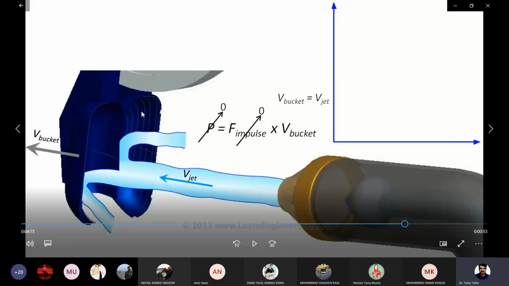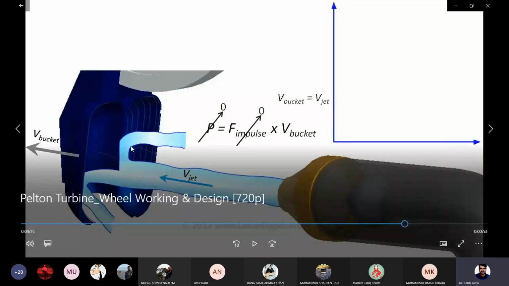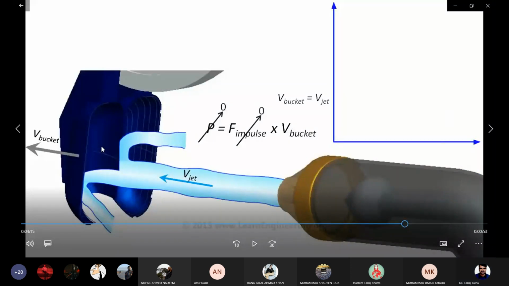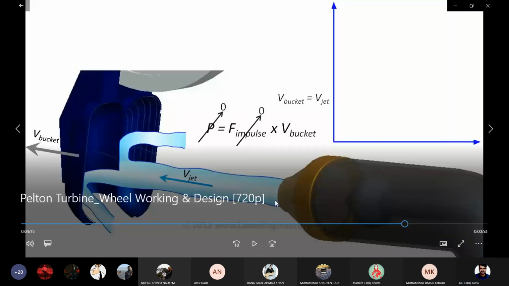And the second case is when it is rotating at a tangential velocity, u equal to r omega, that is the same as the jet velocity. Even then, the flow is not going to strike the blade and impart any kinetic energy, so there is no useful power gained. Usually, if we plot the efficiency, then we get the maximum efficiency